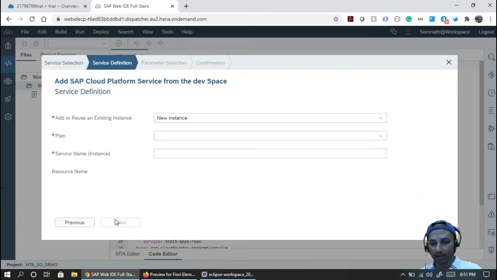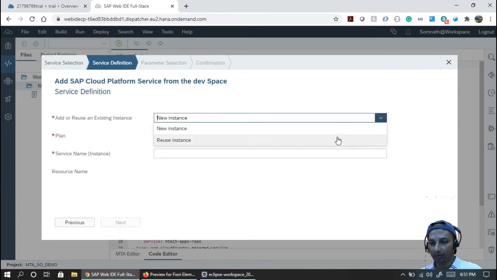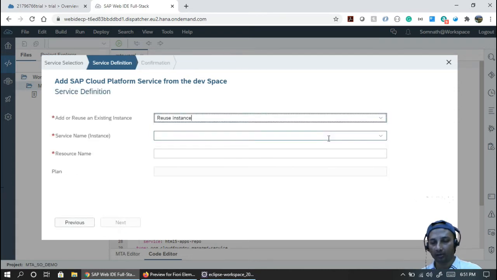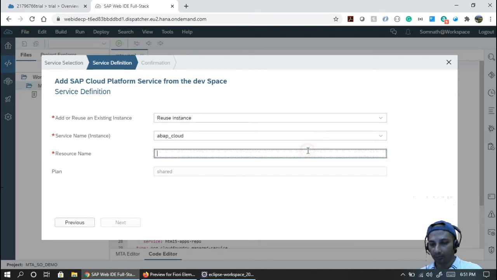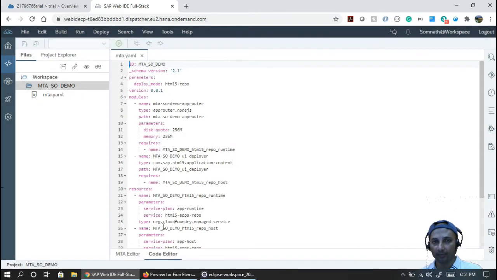Next, and now you have to select from the drop down to use an existing instance, because we already had this instance before, right? So what is that instance we created? ABAP cloud. That is the instance we created. Put a resource name, let's say we call it sales demo, something like this. Click on finish. Okay, so you have basically linked that cloud to cloud. That integration is basically happening now. We are done with this.